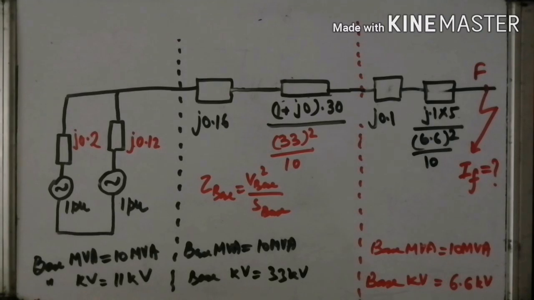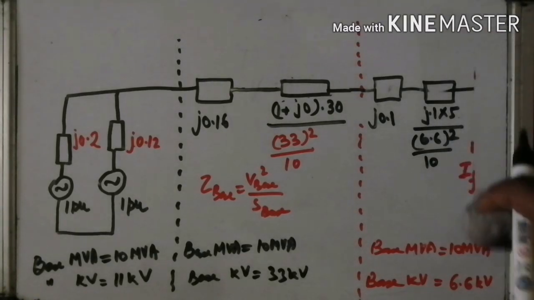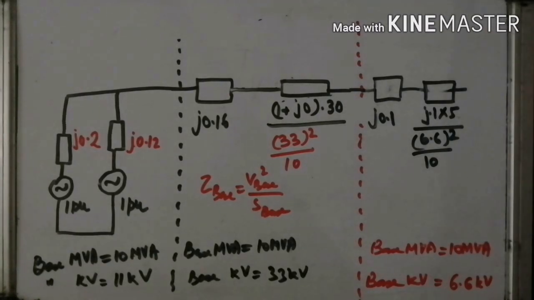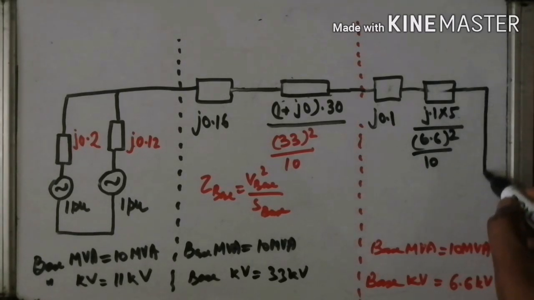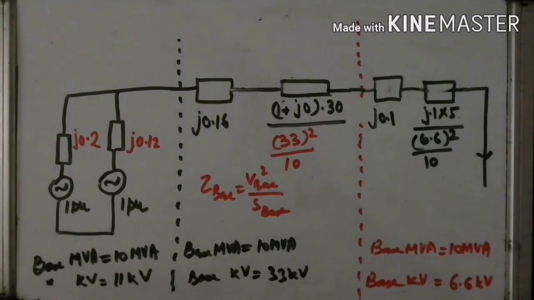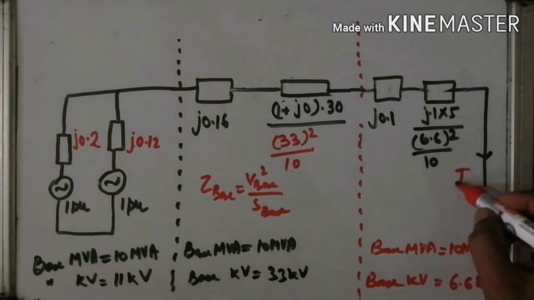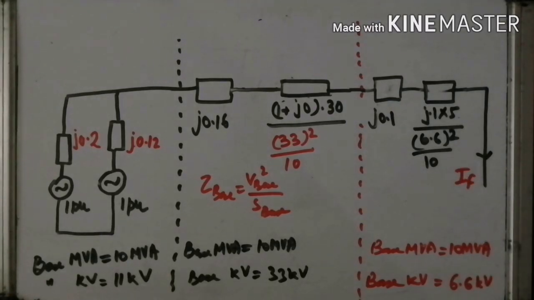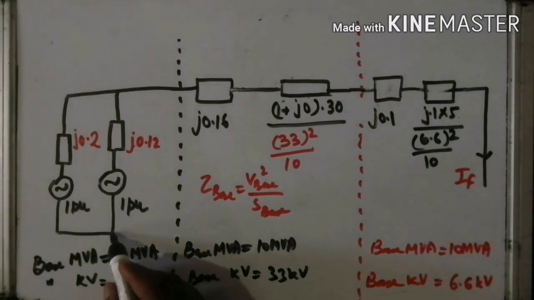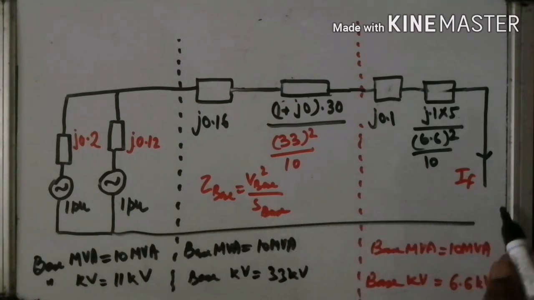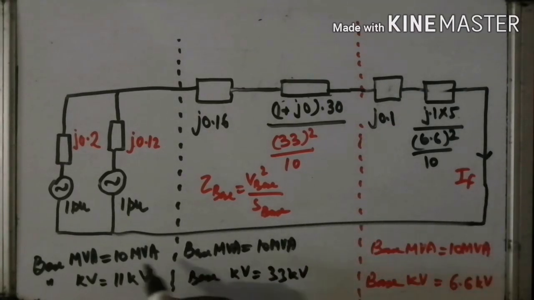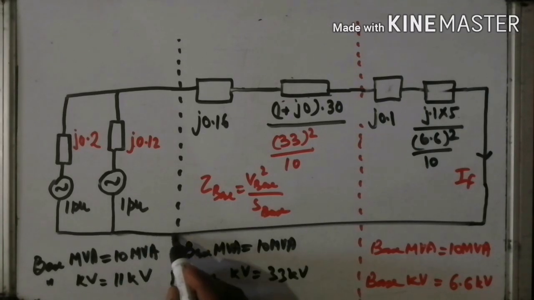Now the circuit is complete, and this one is the portion of the fault current, right? So current which is flowing over here is IF, that is faulty current. Now make the diagram complete. I am going to connect this line over here. Now the diagram is complete,